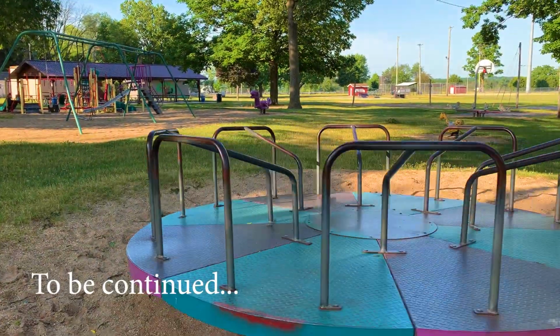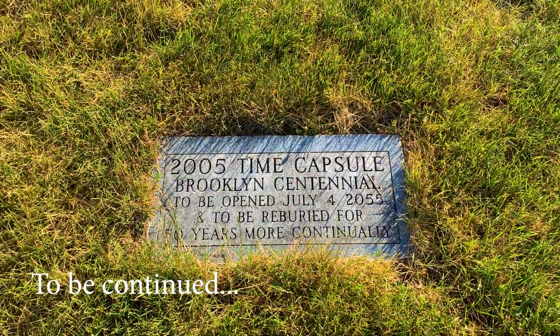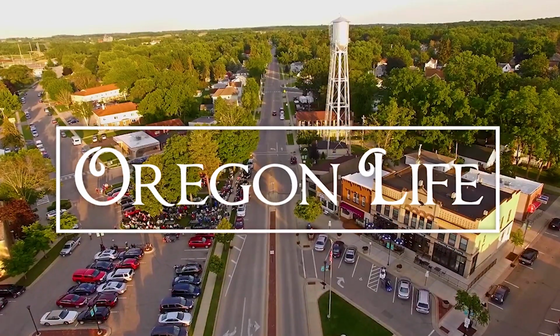So here we are in the Legion Park right now, and buried in the park at this location here is a time capsule that celebrates the 100th birthday of when Brooklyn actually